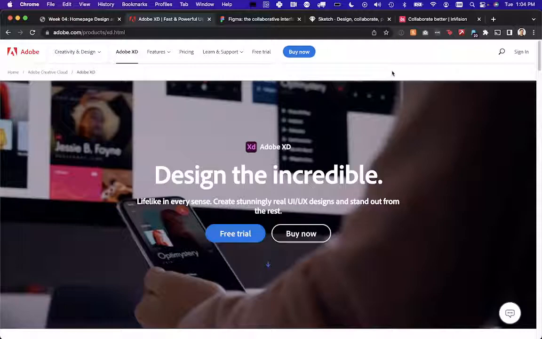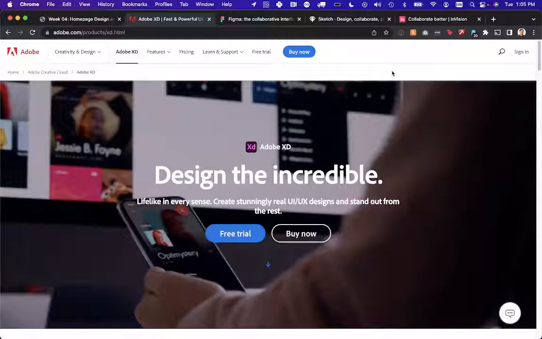So today I just wanted to quickly talk about some alternatives to Photoshop when it comes to designing for digital interfaces, whether that's a website, mobile app, or Apple Watch interface. Photoshop historically has been the place to go to do stuff like that, but over the last 5 to 10 years, there have been lots of really good options coming out that are more tailored towards a digital design environment. So today we're going to talk about Adobe XD,